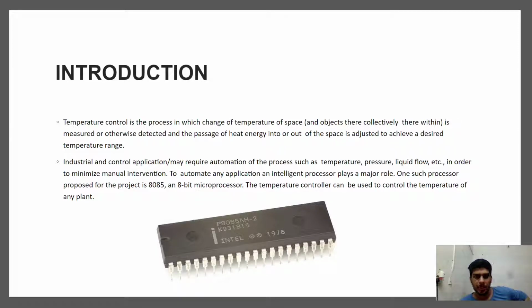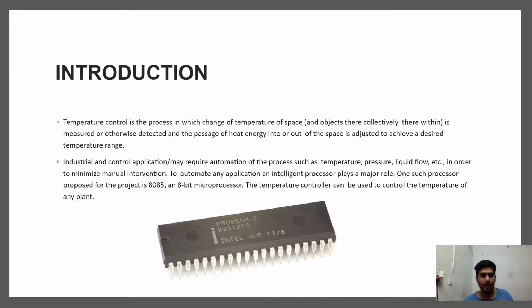So temperature control is simply, as the name suggests, trying to control the temperature of a particular enclosure or your surroundings. For that you require a sensor that takes in the temperature from the surroundings of the enclosure, and then you read out the temperature and see whether it is at the desired level or different from it. If it's different, then you use a heating element to bring heat into the surroundings or take heat away from the surroundings in order to bring the temperature level close to the desired level. That's all there is to temperature control, and that's not exactly the problem that we're trying to solve here.